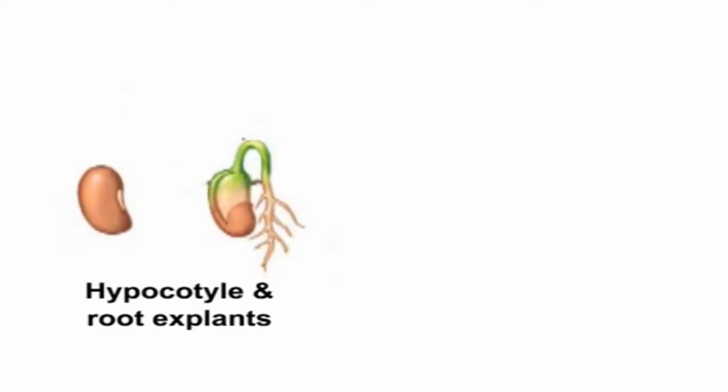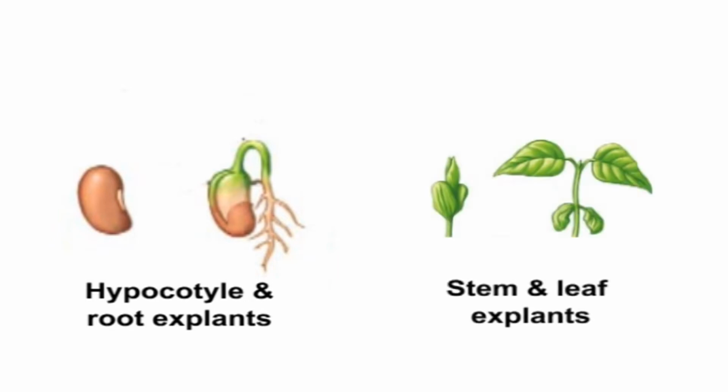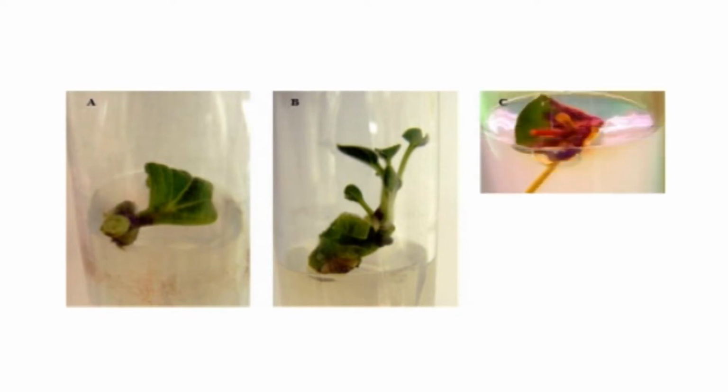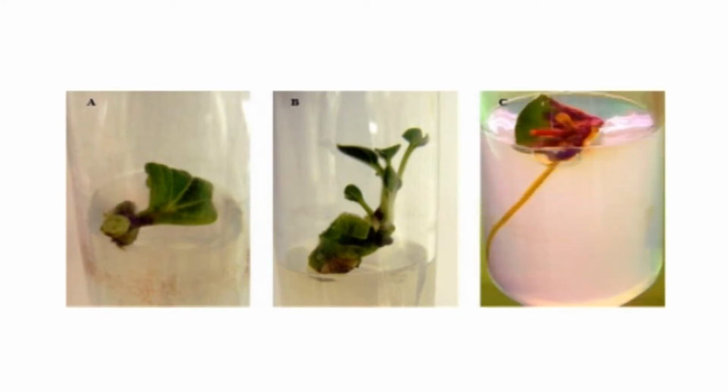Hypocotyl and root explants thus provide excellent materials for callus initiation and regeneration in contrast to stem and leaf explants. The steps involved in the callus culture process include aseptic inoculation of callus in auxin containing media, and induction of shoot regeneration by lowering the auxin content and increasing the cytokinin levels in the media. Transfer the elongated shoots into root induction media. Flowering and seed setting can take place in test tubes in vitro even in the absence of roots.